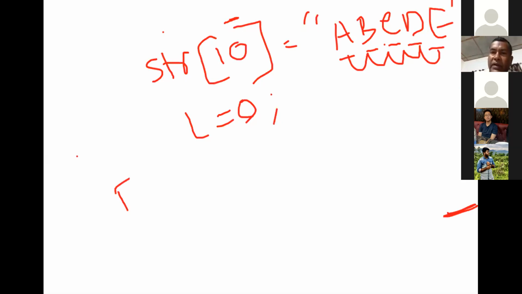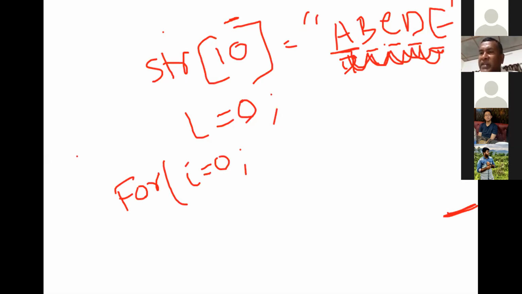I repeat a for loop using variable i equal to the base address. If it starts from 0, then put 0. If it starts from 1, then put 1. Then it will continue up to where?